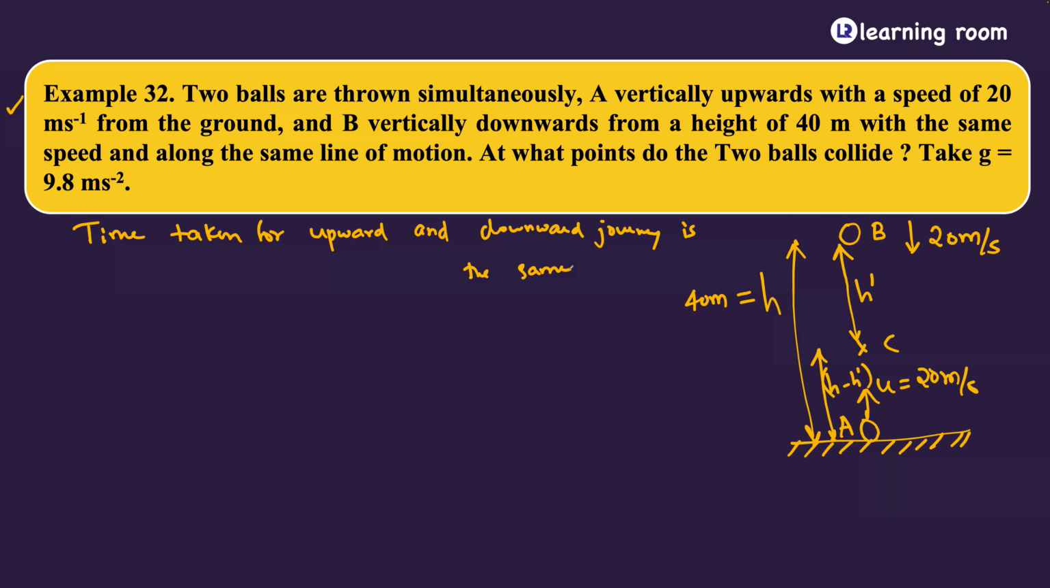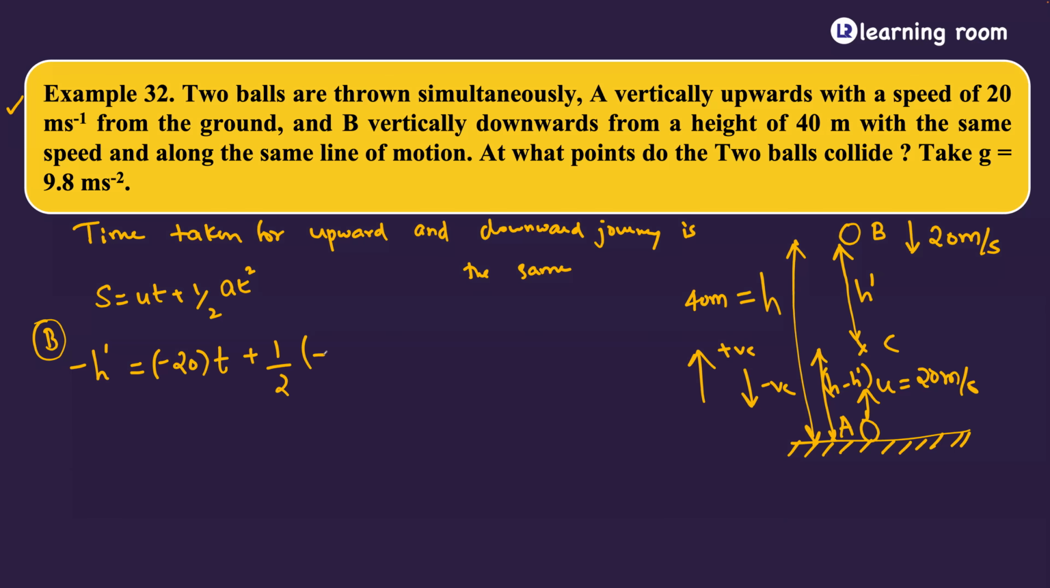Right. So what I will do is I'll apply s equals ut plus half at square. If I apply it for object B, I'm still sticking to the fact that any vector in the upward direction is positive, any vector in the downward direction is negative. So when I take the object to be traveling in the downward direction, what is the displacement? It is minus h dash. So minus h dash is equal to u, which is minus 20, into t plus half into minus